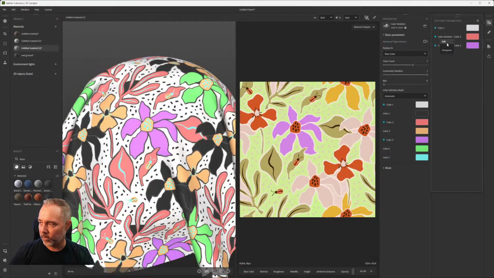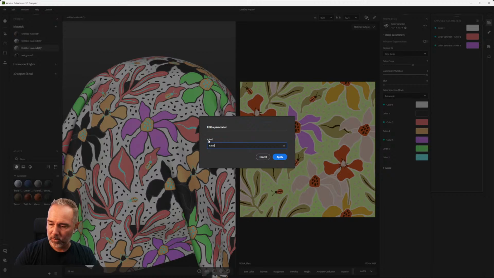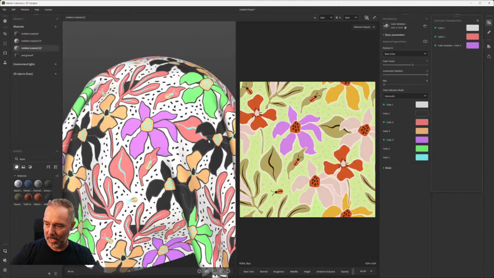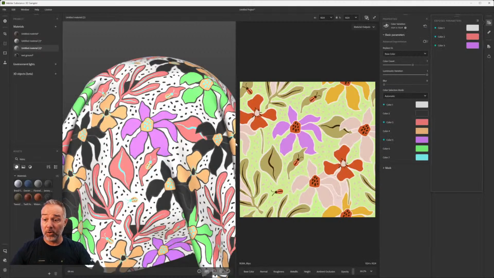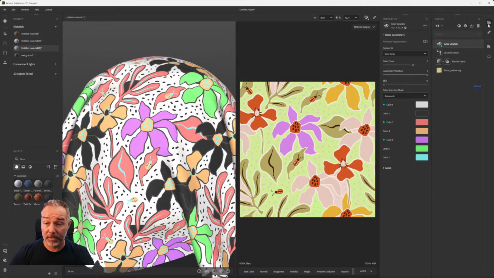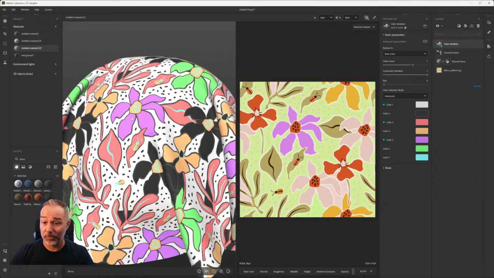I'm going to do edit color 2, and let's take a color 3. And now you have these 3 colors which are exposed for the final user. Super easy, and it will work. So, which is going to lead me to the next menu that I want to show you, how to export